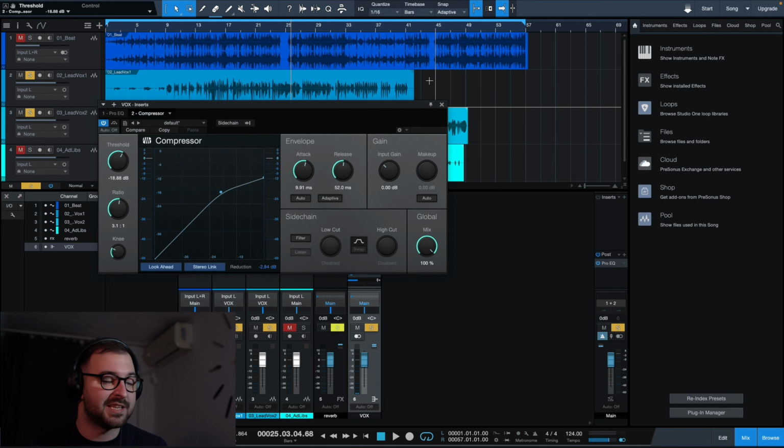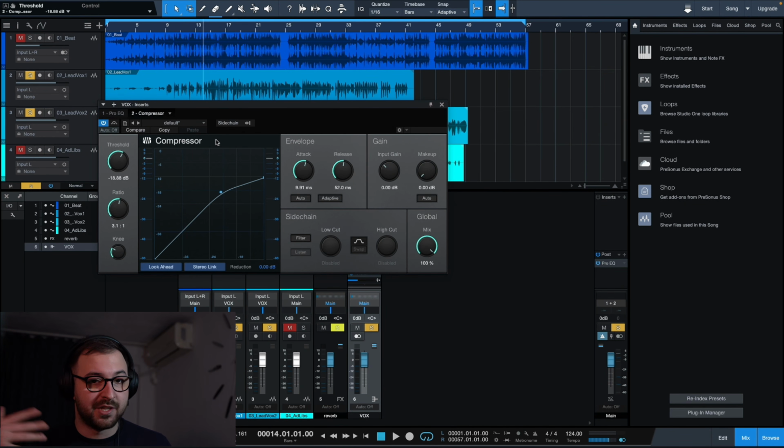I think it's perfect. So the maximum reduction that we had was around 3 decibels. We can still hear the peaks in the vocals, and do not get me wrong, I don't want to get rid of them completely, but it's clearly not enough. And what I will do now, I will let you listen with the compressor applied, and then I will bypass it at some point so you can hear the difference, yeah?